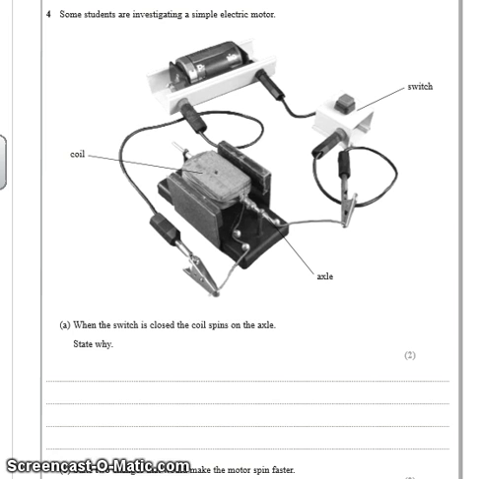Right, here we're looking at an electric motor. Now we're asked, when the switch is closed, the coil spins. Why? When the switch is closed, we're going to get current flowing through the conductor. I think that's the positive side there, so the current is going to flow this way through the wire. It's hard to see from the diagram, but we'll assume it's flowing this way around the coil and out to